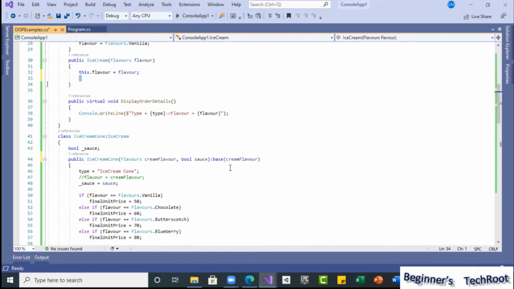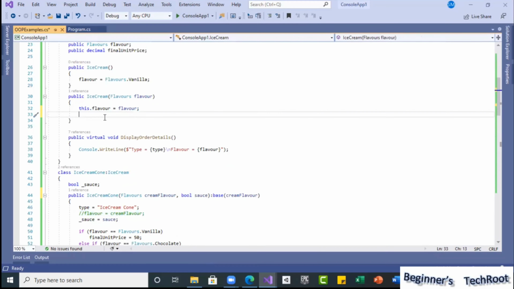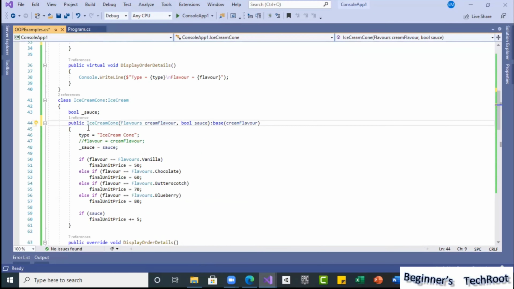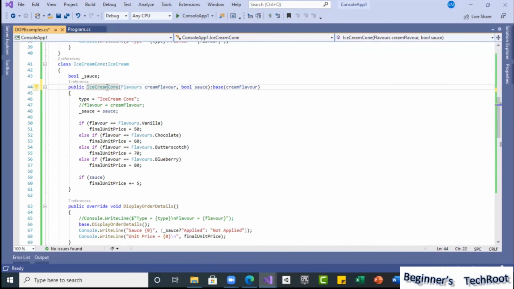Now you can think, okay, I can assign here itself directly, even without calling a specific base constructor. You can think that because this is only one line, but it's not like that. If you have already defined various functionality, you need not rewrite all that functionality here. You can just call that respective base constructor whenever the particular constructor is called. So like this, even if you have overloading constructors here, in every constructor you can give this base, so that accordingly you can call different base constructors.